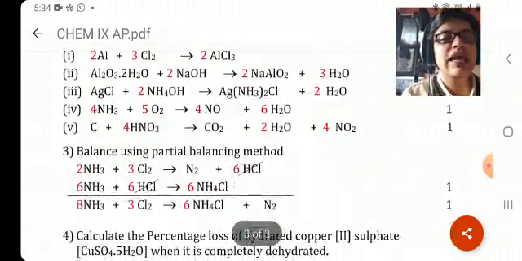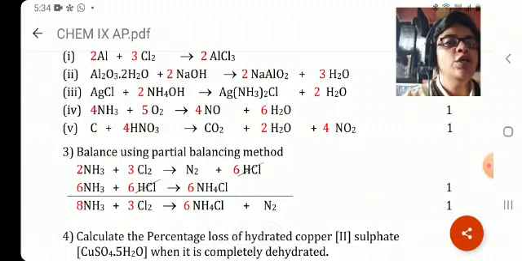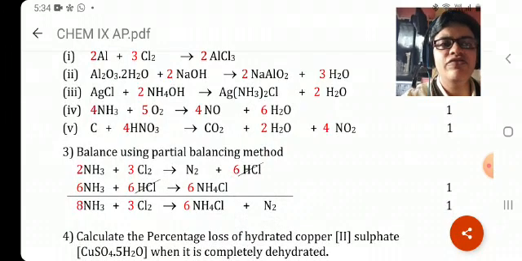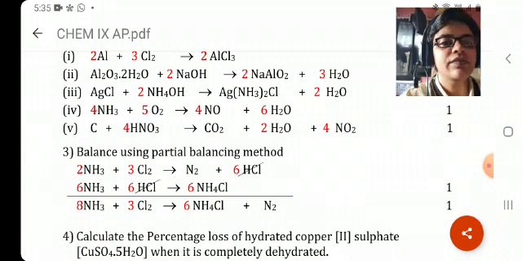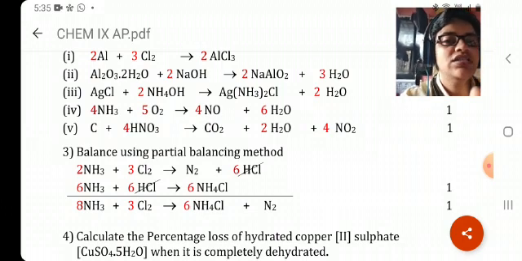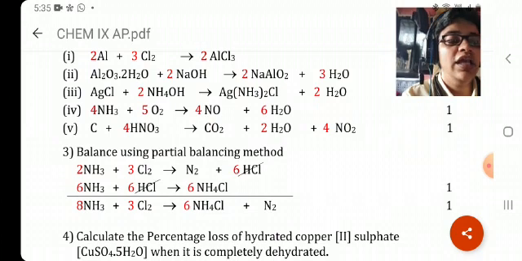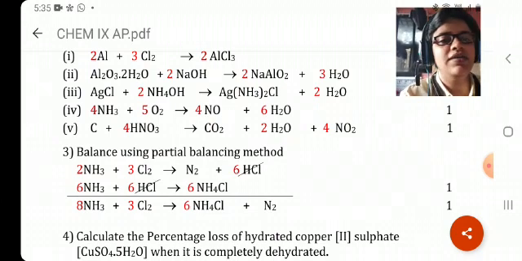Again, balancing is there, guys. Remember, for balancing, there should not be even a single mistake to get full marks. If a small mistake is there, like writing 3Al or 4Al instead of 2Al, and not even a single element is balanced, then you don't deserve the mark. So to get full marks, each and every element on the reactant side as well as the product side should be balanced. In short, the answer should be exactly as given in the solution.